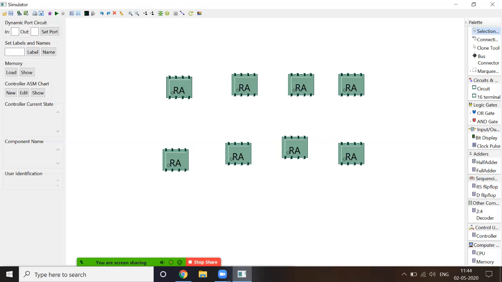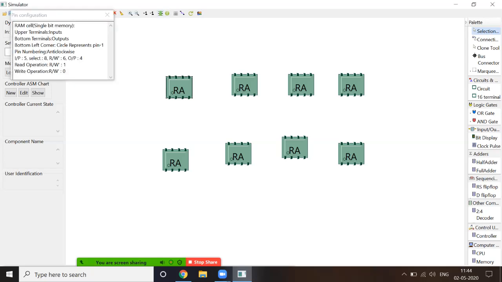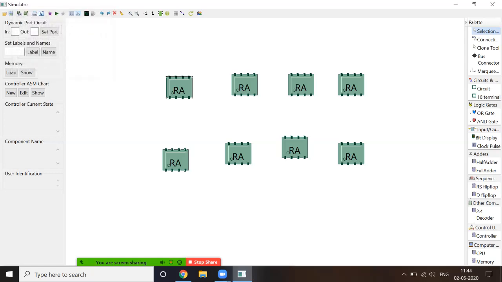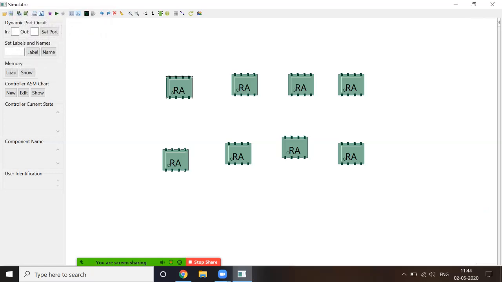Okay. So we know the pin configuration of this. Okay. If you want, you can see it again. Output will be on pin number 4. Input is on pin number 5. Select pin is on pin number 8, and 6 is for read and write. Okay. Now other things we require is